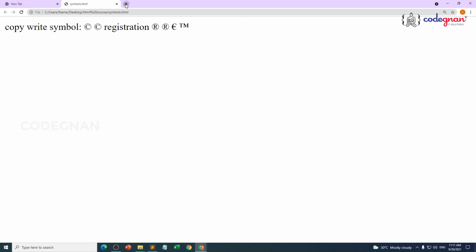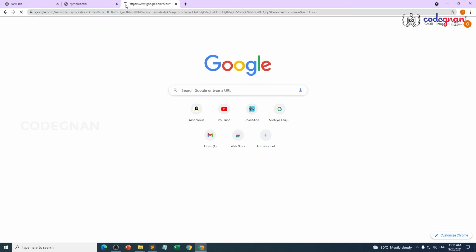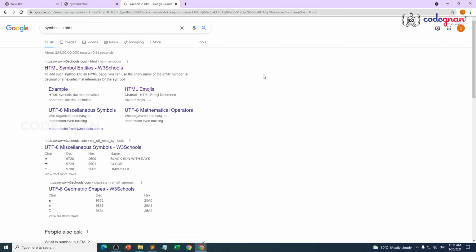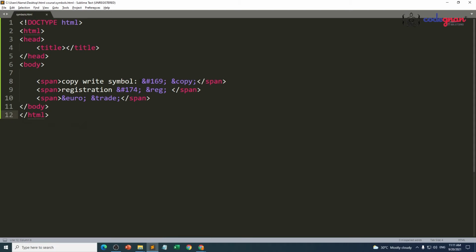If you go to your browser and search for symbols in HTML, you can find a lot of information. Through these things you can place your data also. You don't need to remember each and every character's information. Here also you can see hexadecimal format, decimal way, character way, everything is possible. But the way to use those things is simply by using numbers and by using entities.